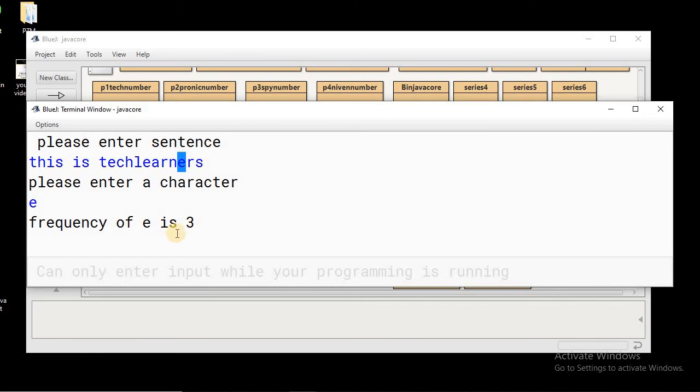In the next program, we will be talking about finding the frequency of each unique character that we can find in the string. That means like in this, we need to find out the frequency of t, then we'll find out the frequency of h, then the frequency of i, then the frequency of s. In this manner we will find out the frequency of each unique character that is available in this string.